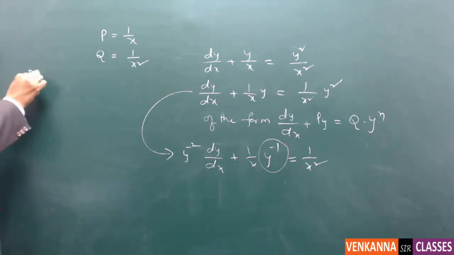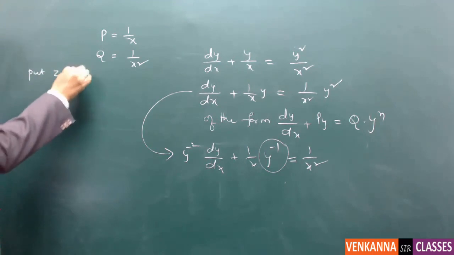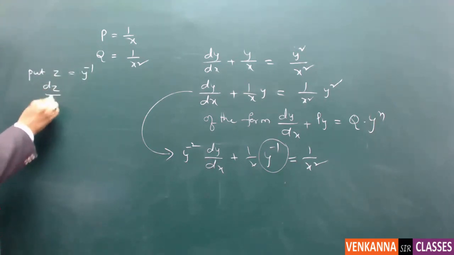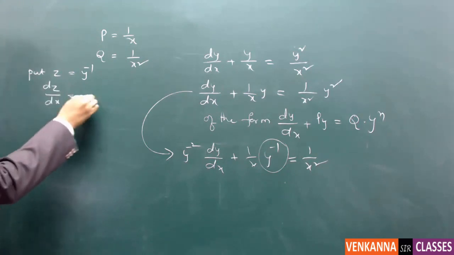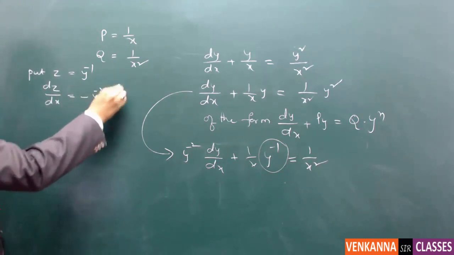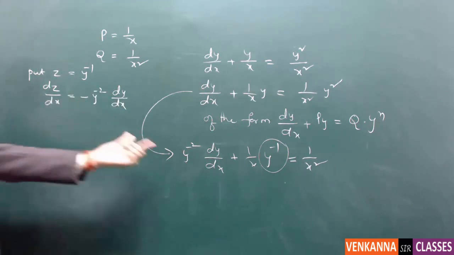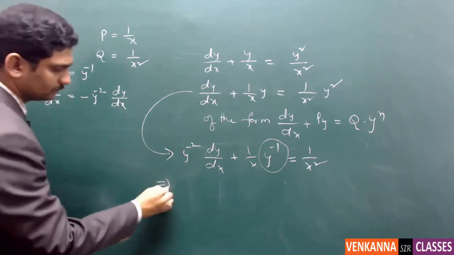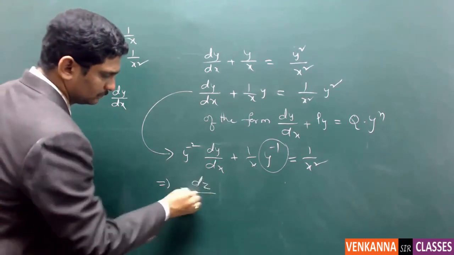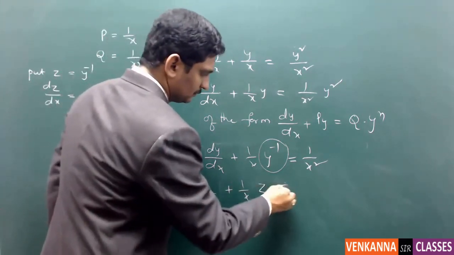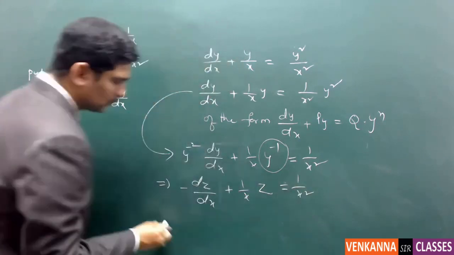So put z is equal to y power minus 1. If you differentiate, dz by dx is equal to minus y power minus 2 into dy by dx. So if you substitute this value here, so implies that